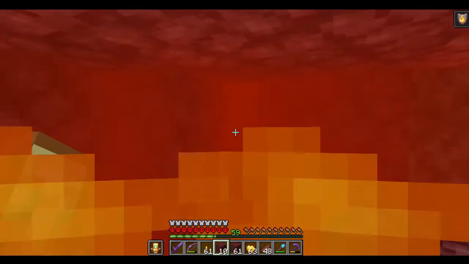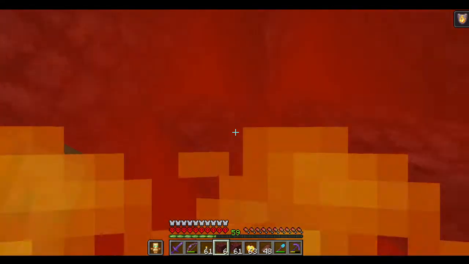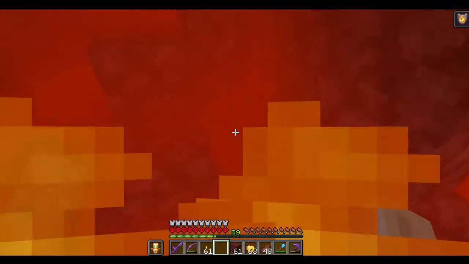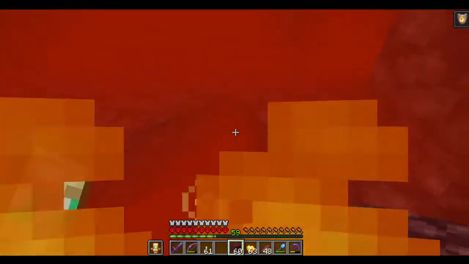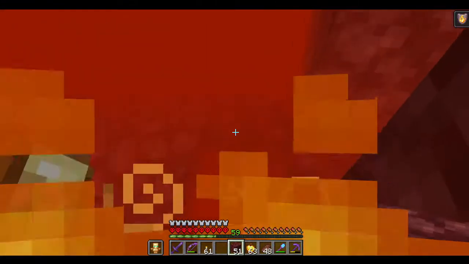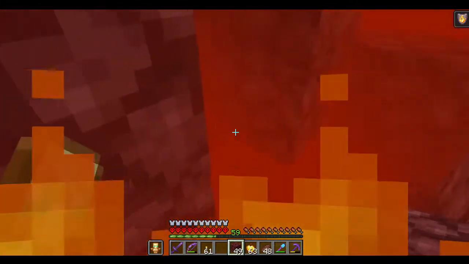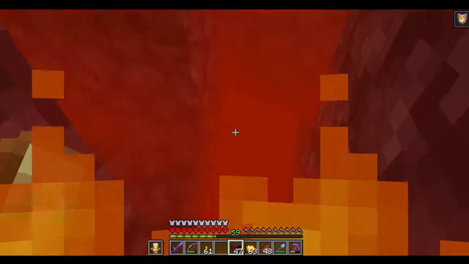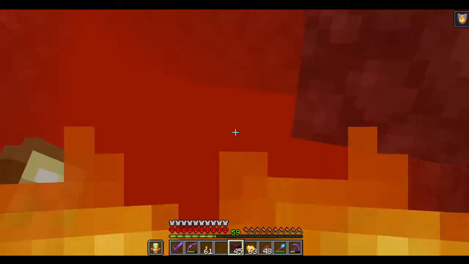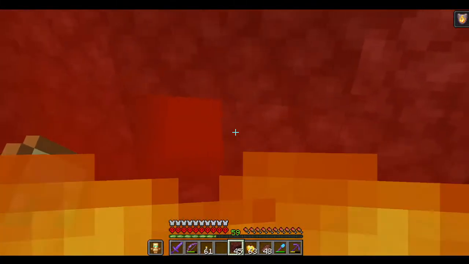I think that's how we get back. Just check all this, and we can. Let's do the floor as well. We still got quite a few. Was this our path? No. I think we may have just set all that up in the wrong place, but